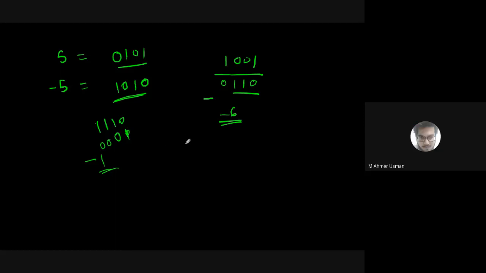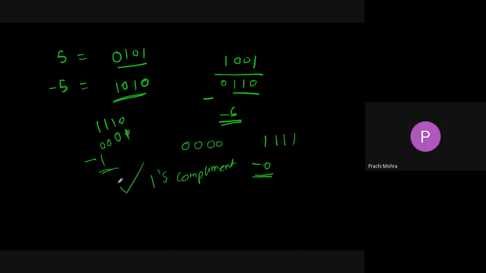So the problem is, this is how I can represent 0. But there is a number which is also being generated, 1 1 1 1, and this number is nothing but -0. Since -0 doesn't exist, which number system are we talking about? The one's complement. Is this number system a failure, or has it passed? It is a failure.